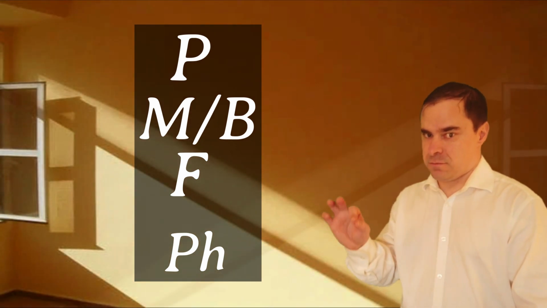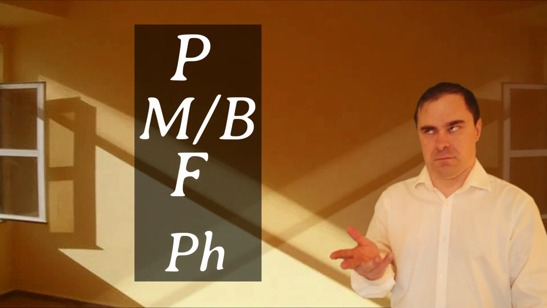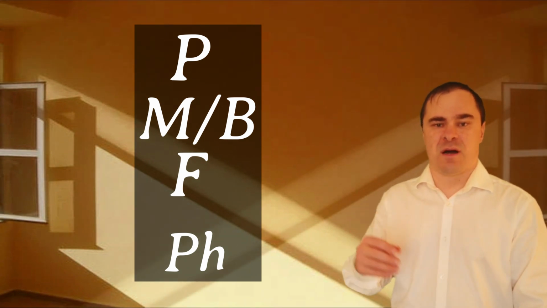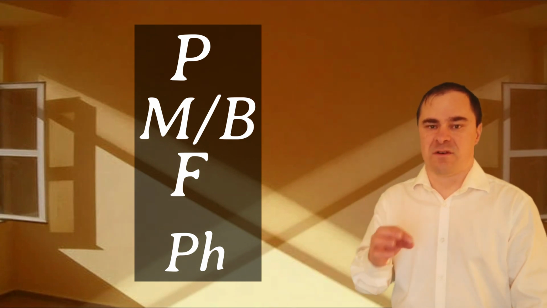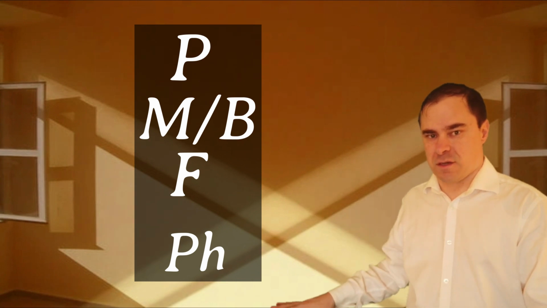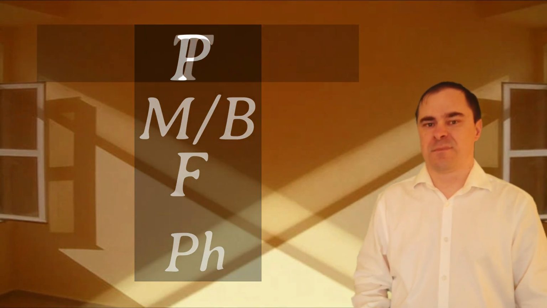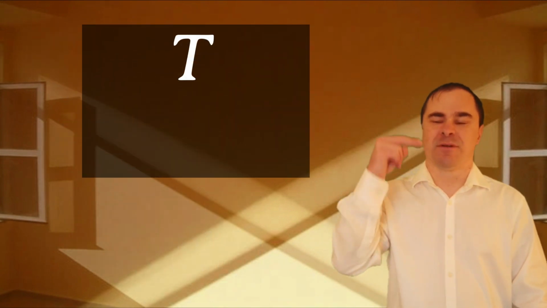That F is a V sound. 2 F's is an F. 1 F, V. So Pumba, go back down into V. Okay? And then Ta, at the top, T,